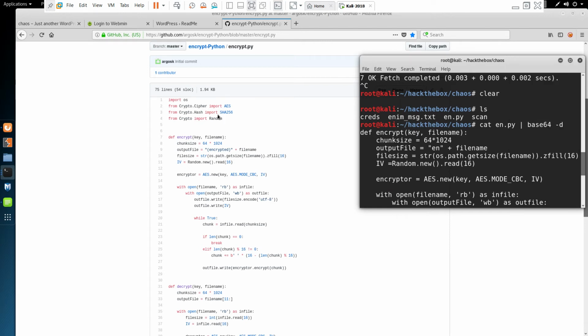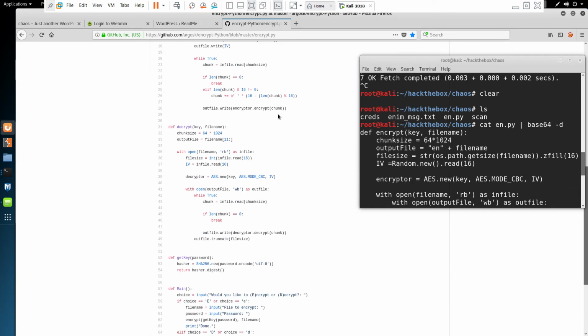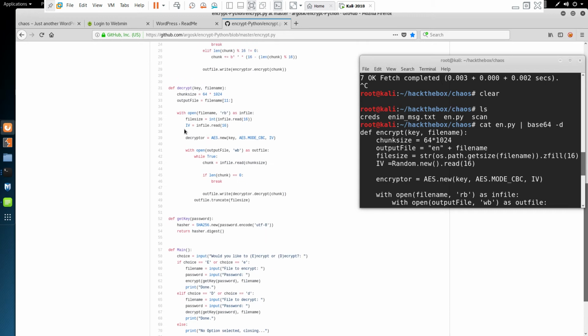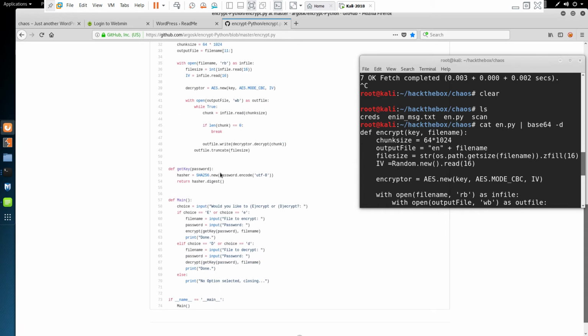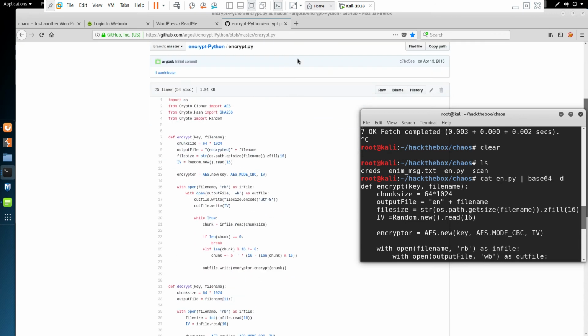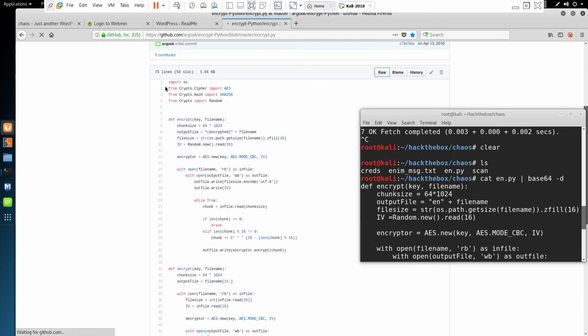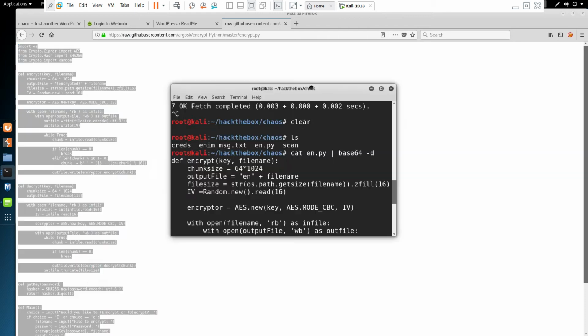So we can see here, we've got the similarities as well, apart from the functions that were imported. So we have the random generator, encryption algorithm as well, and the part which actually decrypts the file. So you have another function being defined here that performs the decrypt operation as well. So the next thing I did was to say, right, this is the file we need to use. So I just copied this, copy the file,